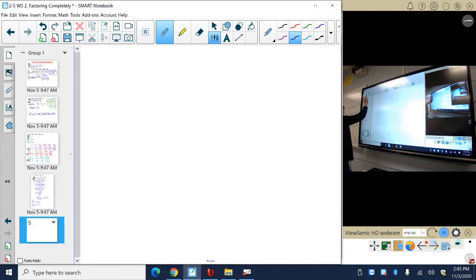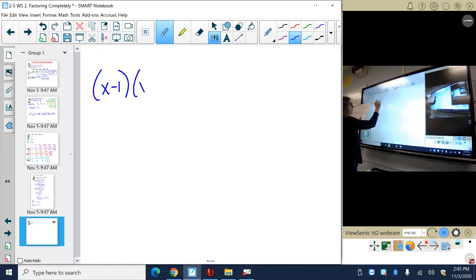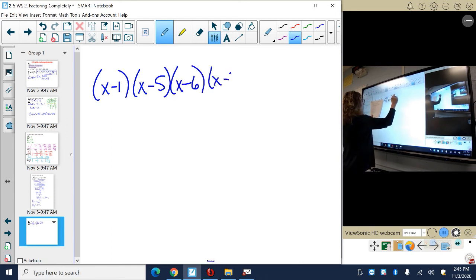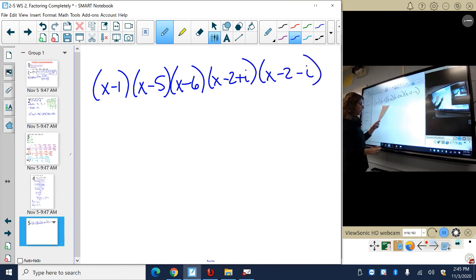So that means my complete factorization of this thing is going to be x minus 1, x minus 5, x minus 6, x minus 2 plus i, and x minus 2 minus i. And then you are done. You have 3 more to do, like